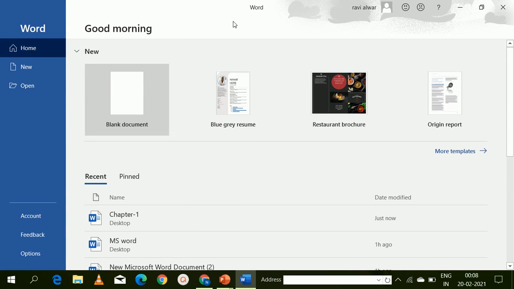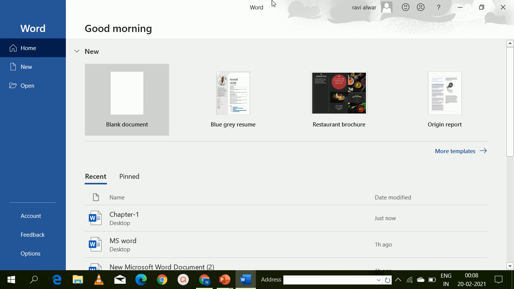So if you see the introduction of MS Word, Word 2016 is a word processing application that allows you to create a variety of documents including letters, resumes and more. In this lesson we will learn how to navigate the Word interface, and to become familiar with some of its most important features such as ribbon, quick access, backstage view, we need to start the MS Word. So already we have opened the MS Word,